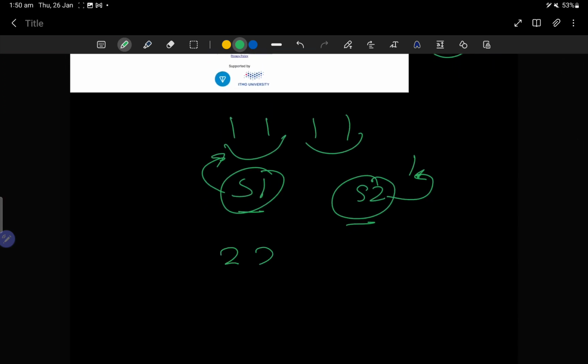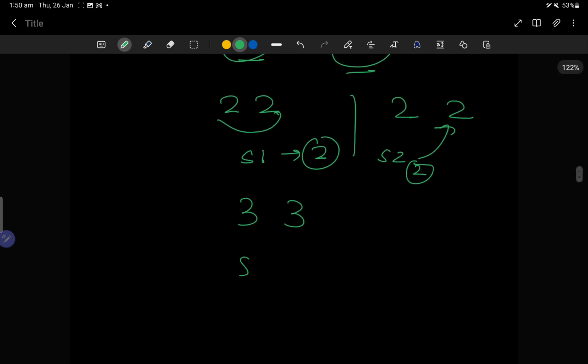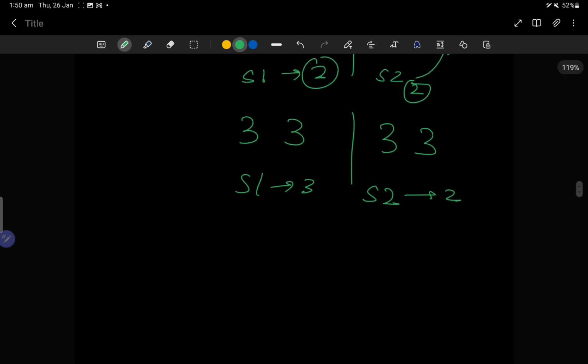If you have monsters with health 2, you can make their pair and apply spell 1, but you have to use spell 1 two times. Another way is to use spell 2 two times. So you have two ways to do this. Afterwards, if monsters have health 3, if you apply spell 1, you have to use 3 casts of spell 1. On the other side, if you use spell 2, you just have to use 2 casts of that.